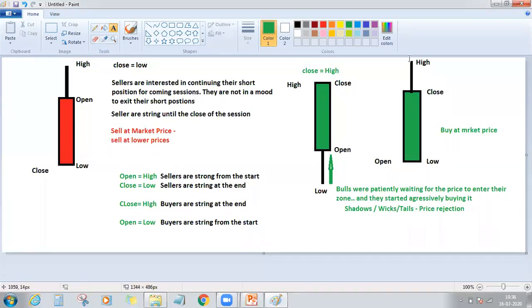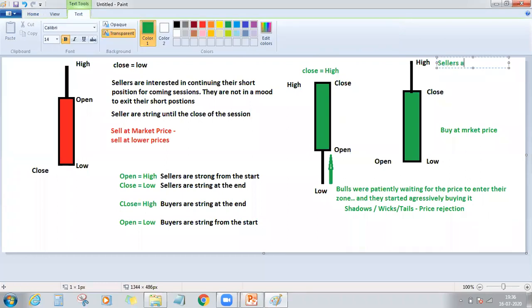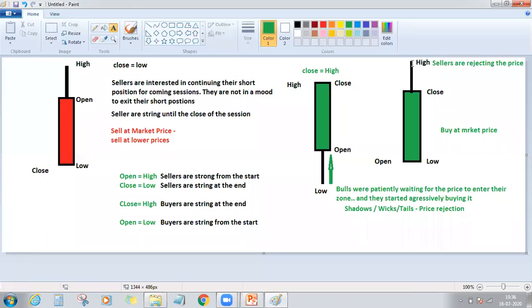And when there is an upper shadow, here sellers are rejecting the price. So again, what do we mean by the rejection here? Sellers think that whenever this particular high is achieved, the price is now at a premium level, so it has to fall down, and they start selling the stock. They become active now. But although they are active and although they have started selling, bulls are still strong in the market, and they did not let them win.